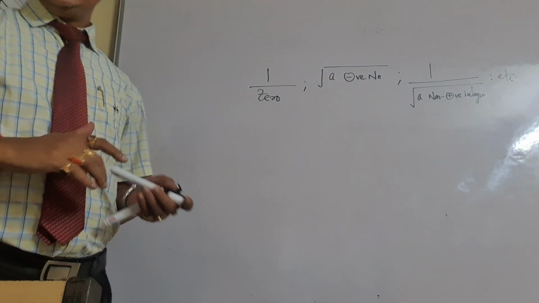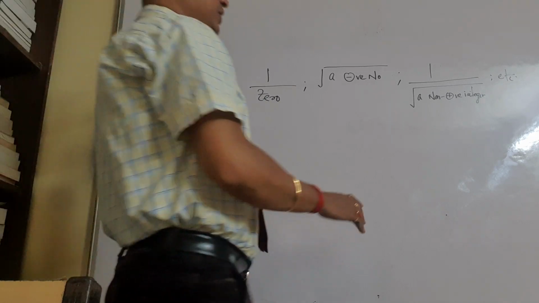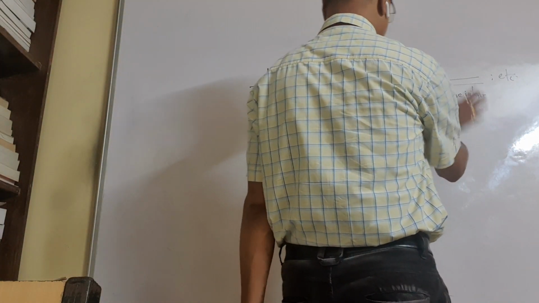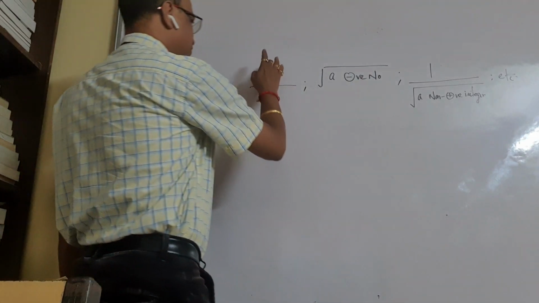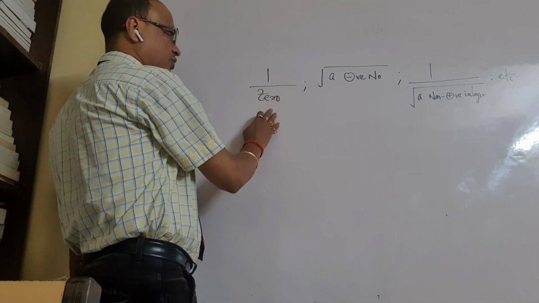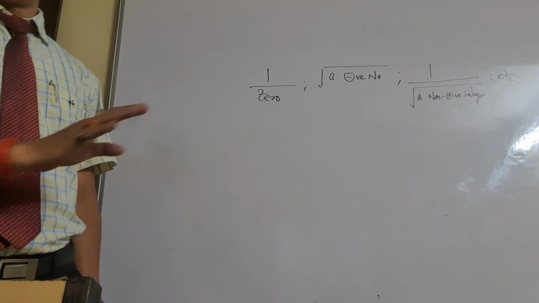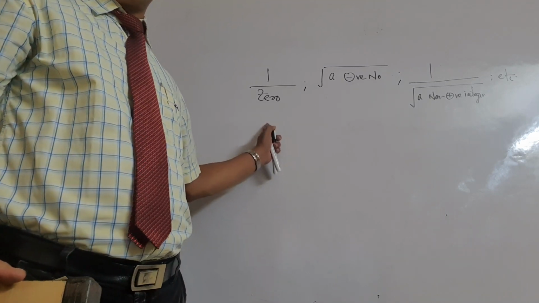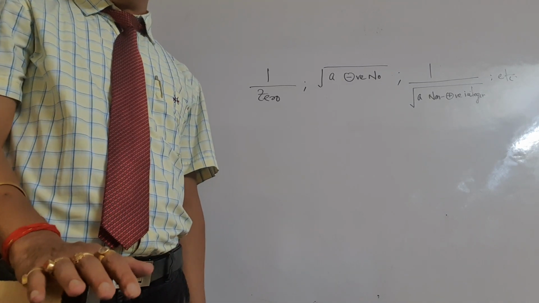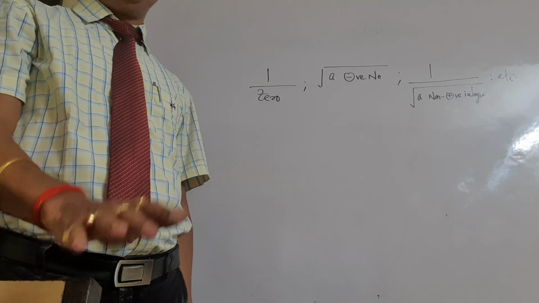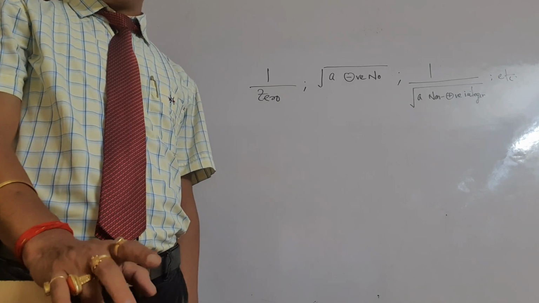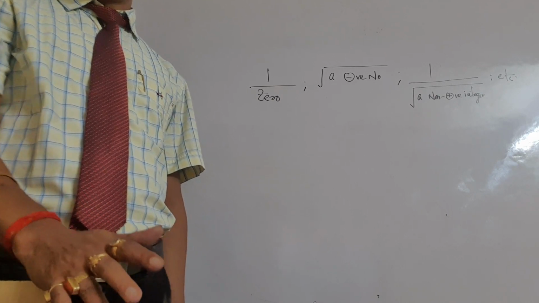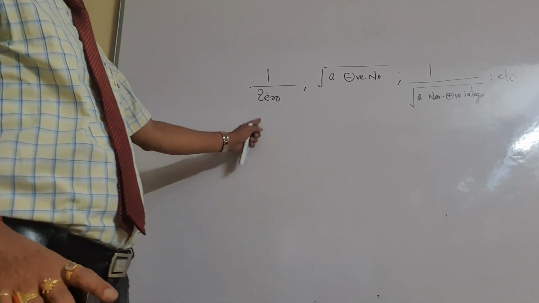If you are getting a non-positive number in the denominator, or a negative number under the root, or something divided by 0, you know that the function is not defined. For all these formats, the function is not defined. So our duty is to find the values of x for which the function takes this format. Please read the point carefully.